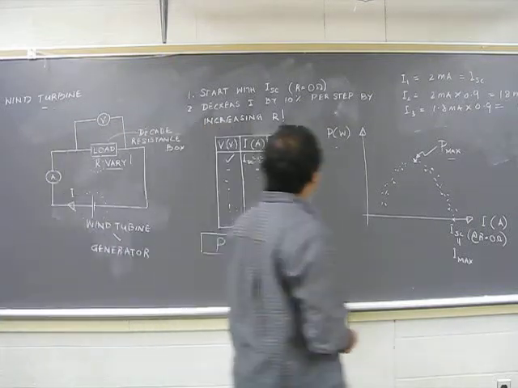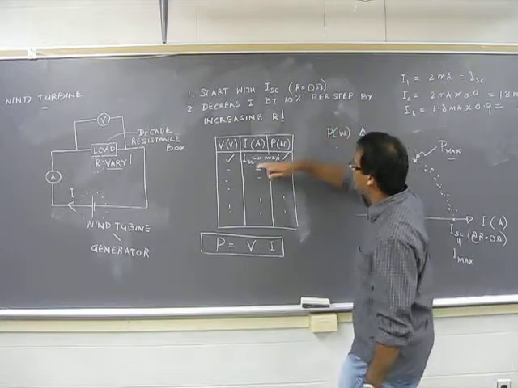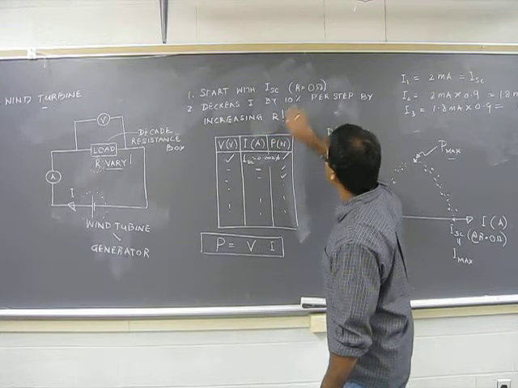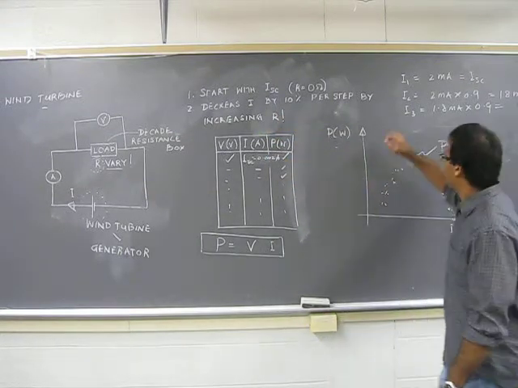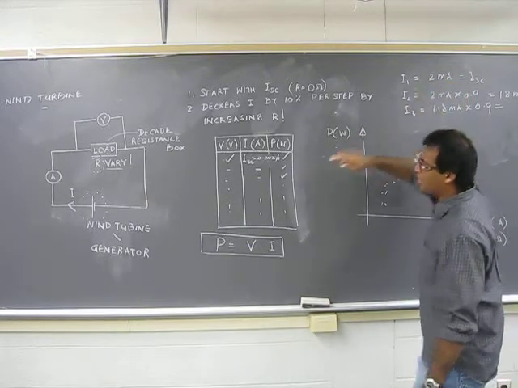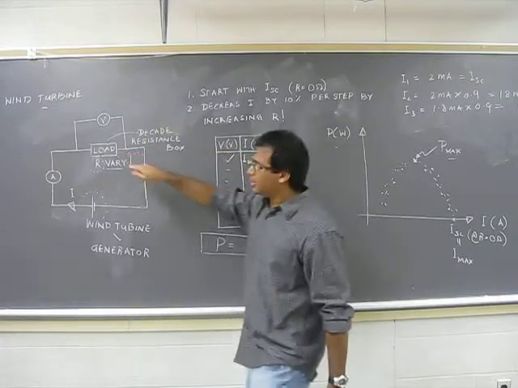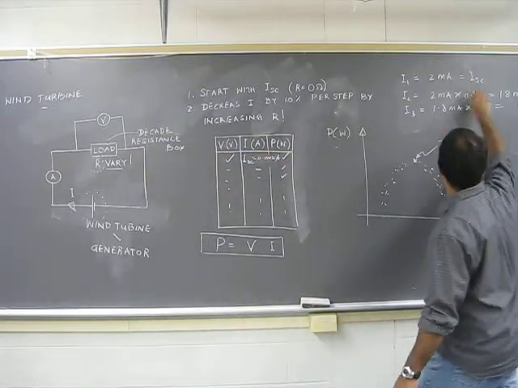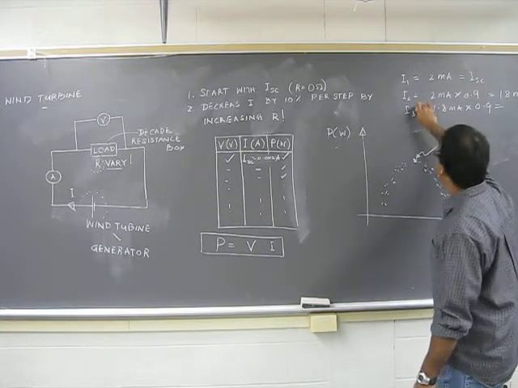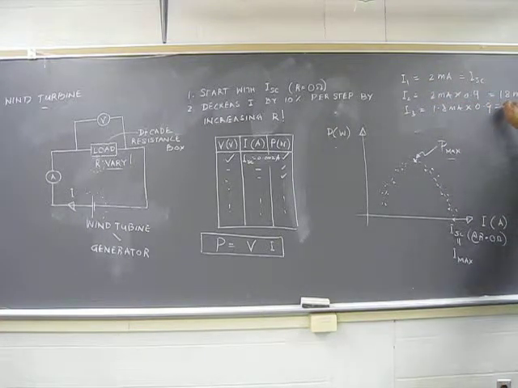Right? So now, how do we proceed? The first data point is the short circuit current, and to proceed we are going to drop the current by 10% each case. So let's say our first current is 2 milliamperes. This is what I read from my ammeter when we set the circuit up as a short circuit. The second current we want is 10% less, so if I multiply by 0.9, I get 1.8 milliamperes.